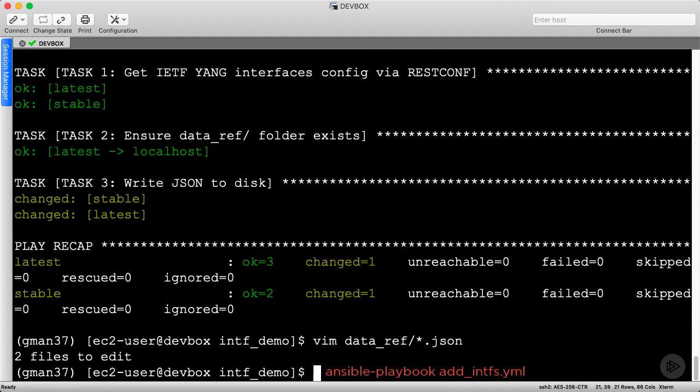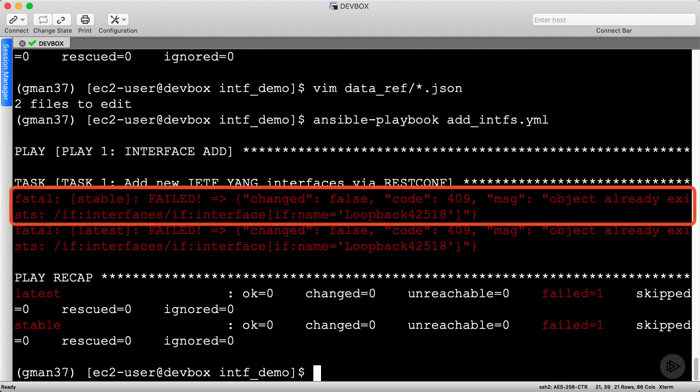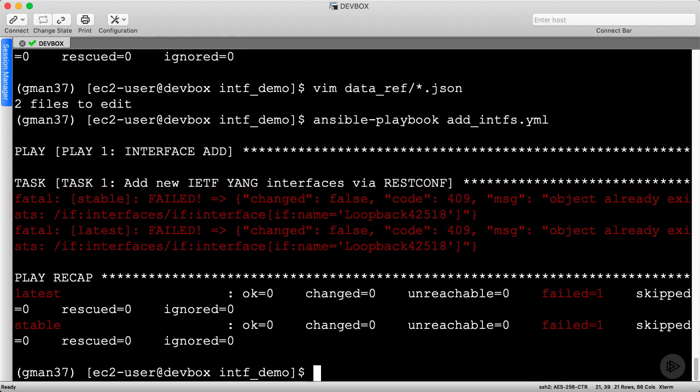As a final check, let's try to run our Add Interfaces playbook once more. This time, it says object already exists, which is the expected result. This is a true 409 conflict response from the router. By the time most of you are watching this, I'm certain the Ansible bug will be fixed and you won't have to hand make these modifications. Just keep an eye on the issue I referenced in the playbook and in the README. In the next clip, let's remove these extra interfaces using RESTconf config again.